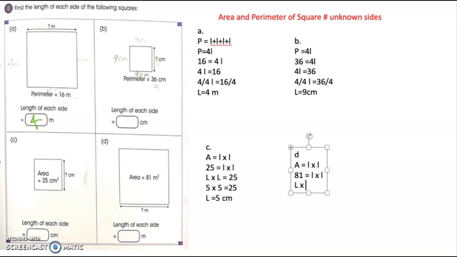That is 9 times 9 is equal to 81, right? So L is how much? L is equal to 9. This is in meters, therefore I get 9 meters. So if I write the answers, this was 5 we found right here, and then this is 9, and then this one is